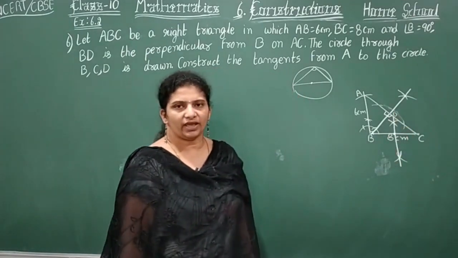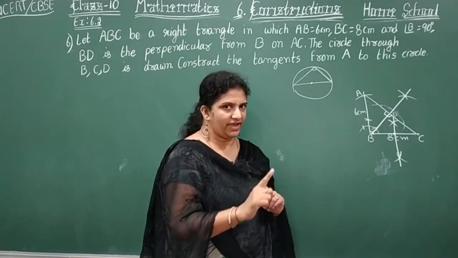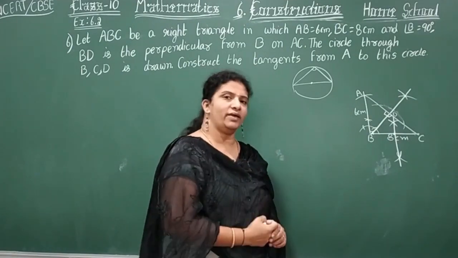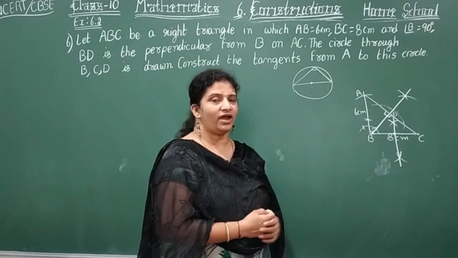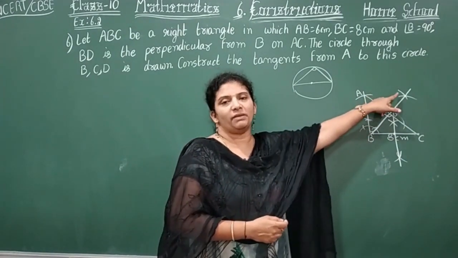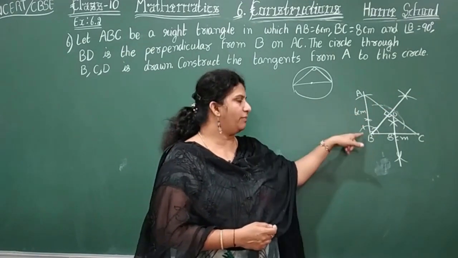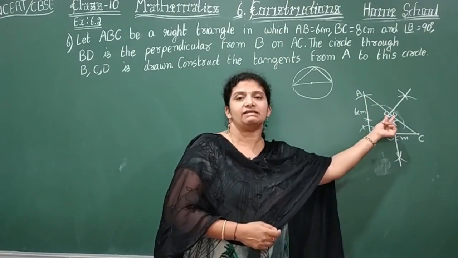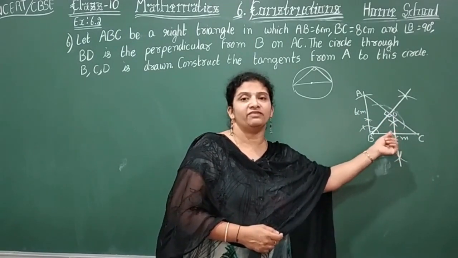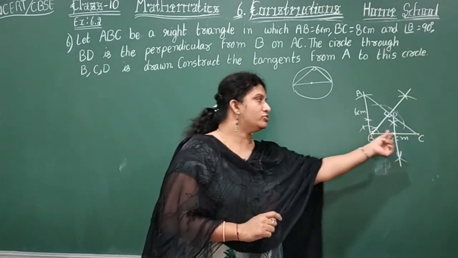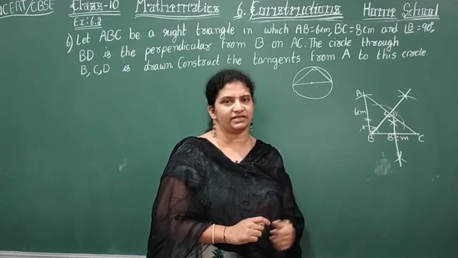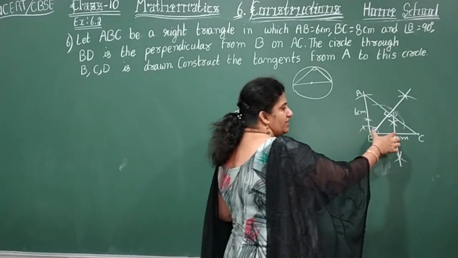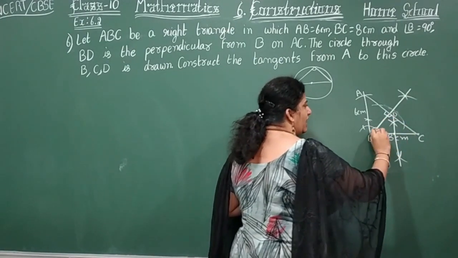Okay, so once again, let's repeat. Draw the base, 90 degrees, 6 centimeters, cut the arc, join, form a right triangle. Then next step, what have we done? From B, draw the perpendicular BD to AC. Then your next step, children, understand this is 90. Then your hypotenuse center will be the center for the circle. Then how to find the center here? Perpendicular bisector. Where it touches the line, it is the center of the hypotenuse. So with this, take any one point, measure and try to draw a